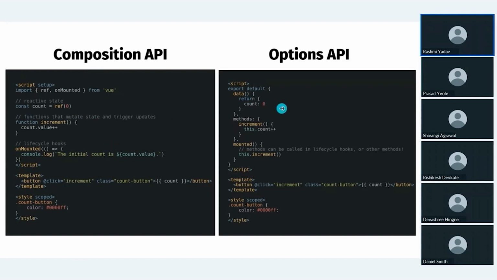And inside options, what we are doing, we have a data is a method, and that is returning an object. And here we can see our method, and here we can see mounted. So this is the lifecycle hook basically. So this is how the structural difference between composition and options API work. So basically,